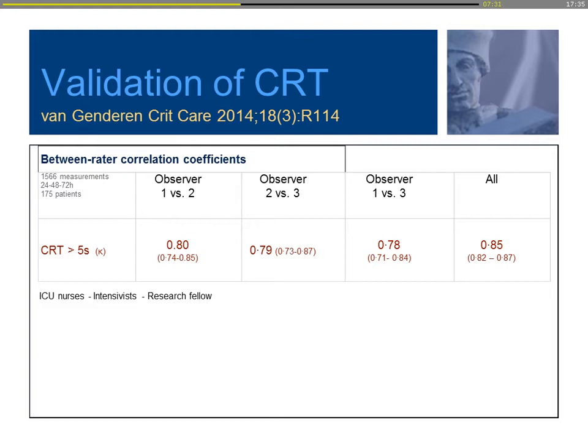Now, are these things difficult to assess? Is there a clinical problem in using these parameters? We skipped, for instance, the capillary refill time many years ago from the emergency protocol in the ambulance service in the Netherlands because they said there was too much inter-rater variability in using capillary refill time. Michel van Genderen did a very simple study. He asked nurses and intensivists to measure capillary refill time, and then the research fellow, as the gold standard, measured the refill time. And as you can see, there was a very good kappa.